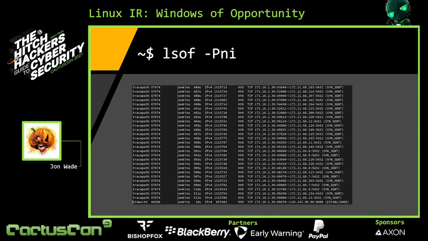If we had hopped on this box and done lsof, this specifically is -p9. It's the one to look at all the connections, right? This is kind of the data that we would have seen. We can see that executable for scanning. It actually pretends, changes its name when you see it in the process list. But we can see here all the sends outbound that thing sent. Nothing connected. Luckily, I had ACLs set up, so I'm not blasting the internet at large. So those are all just sends and just waiting. And then the last one there is our crypto miner. You can see it's got an established connection to check in.